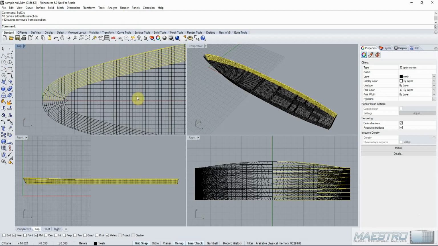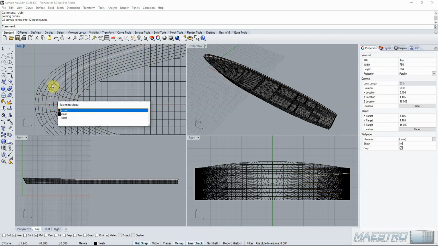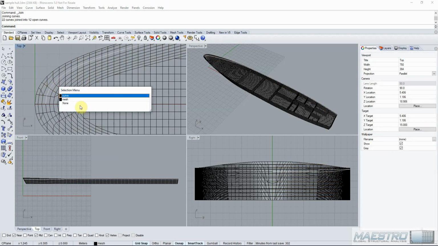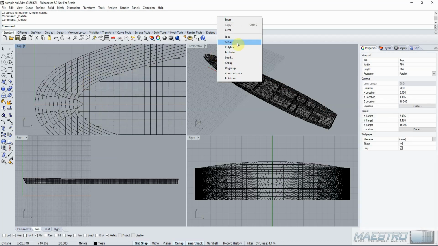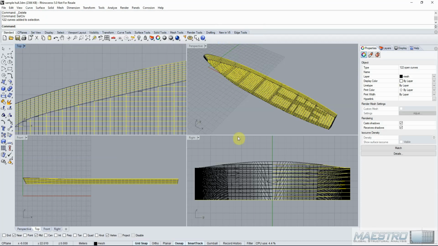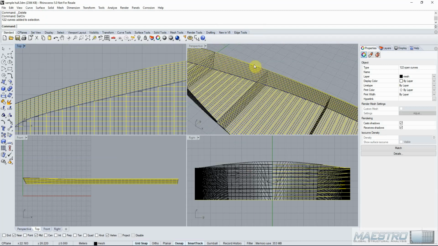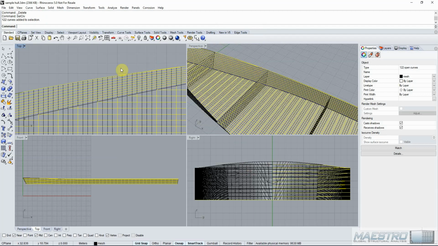And if we select all curves, deselect the ones on the deck, and then join them, now we have all of our side shell stringers. We'll want to get rid of the ones at the deck and at the main deck. And if we select the curves again, we can see that because we had some shear up in the bow forward, some of these lines start to go along the deck edge. So we'll need to